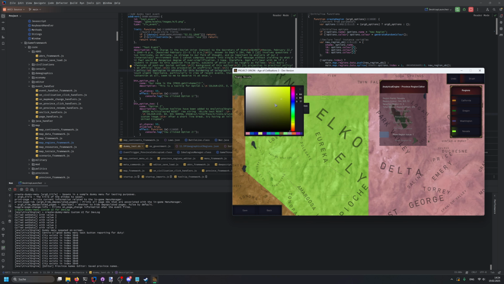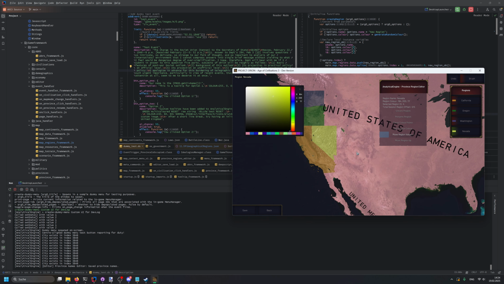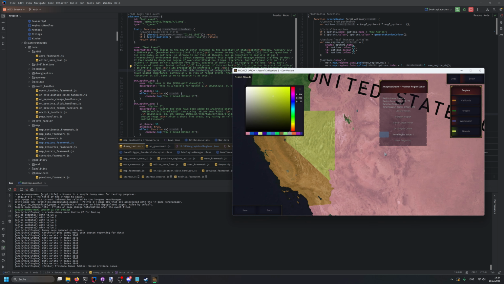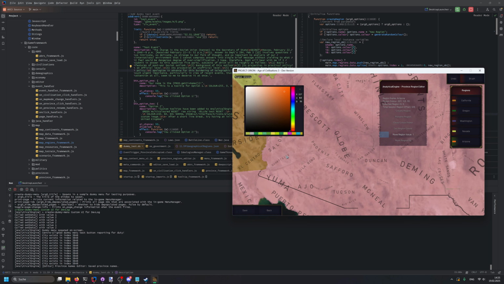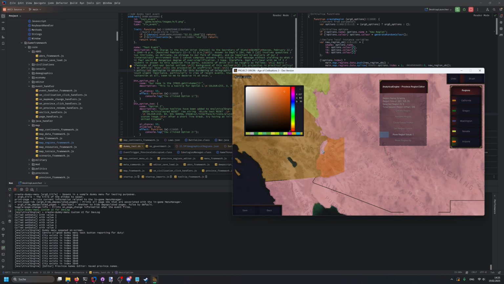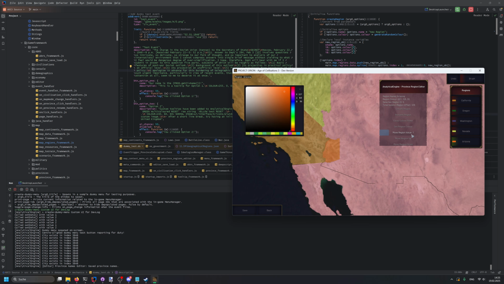Let's say we wish to set this to yellow, and so we can set it to that. We can also rename the region. What we'll actually do is just create a new region, and let's call it Arizona, right? And we can change the color of this region as well. So we can set this to a bright orange, and we can